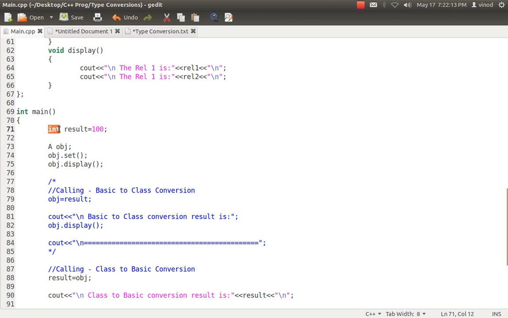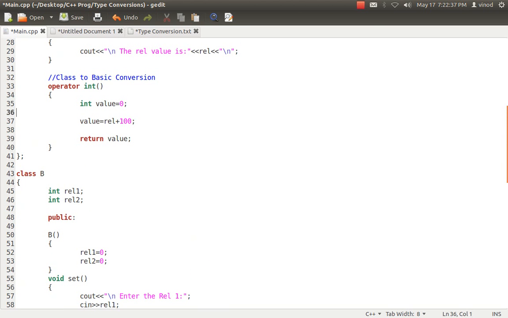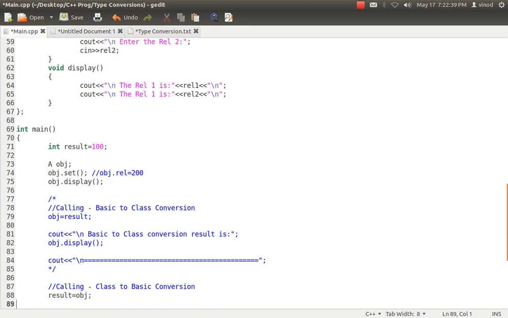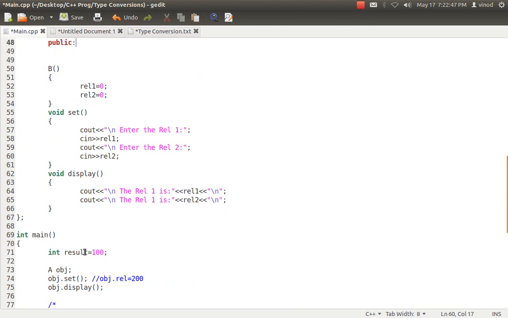The data type of result is important, that is integer. I'm having an object of a class. I'm setting a value as 200. So 200 is set into obj, but I can say more specifically 200 is set into obj's rel variable. Okay, I can say that way. So if you go back here in the constructor, what I've done is I've set the value as 200. Now when I call this thing, result is equal to obj, the obj will automatically call this particular